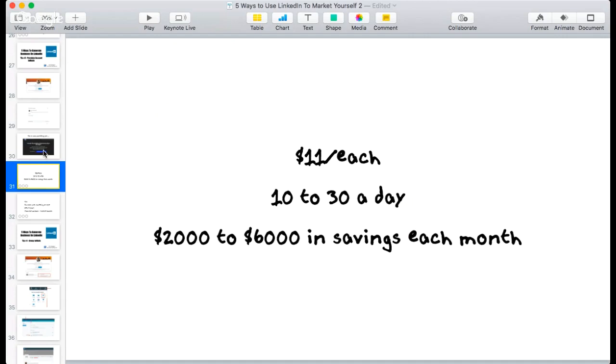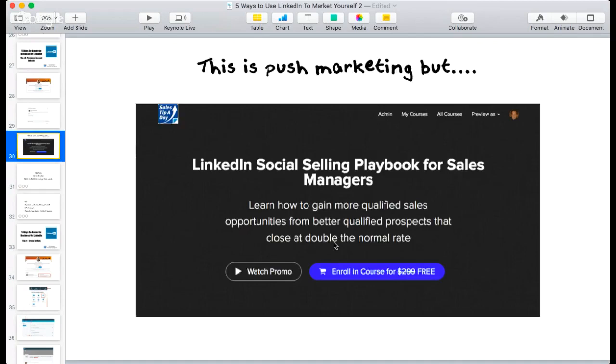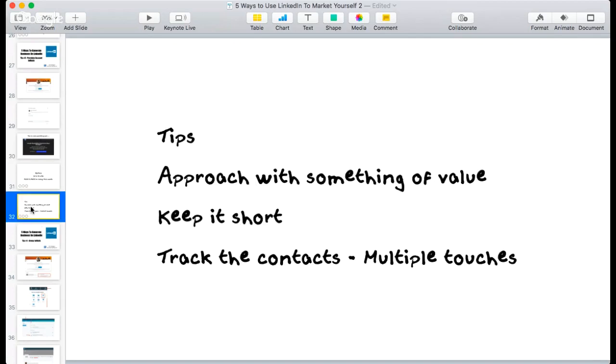The neat thing about this is when they sign up for Teachable, I get a notice saying this person signed up. When they sign up, I send them a message and say, hey, thanks for signing up. Would love to connect with you on LinkedIn. I connect with them, then I start that engagement process with these people as well.